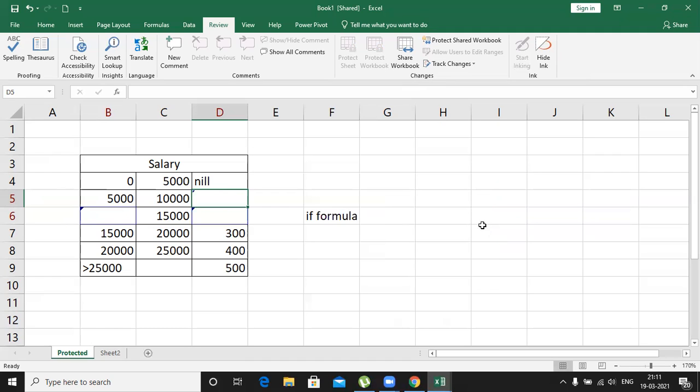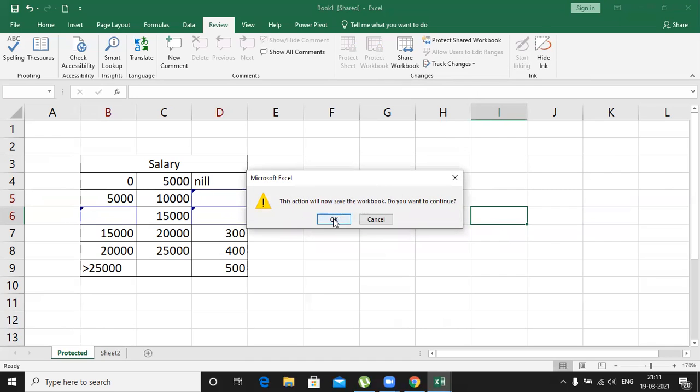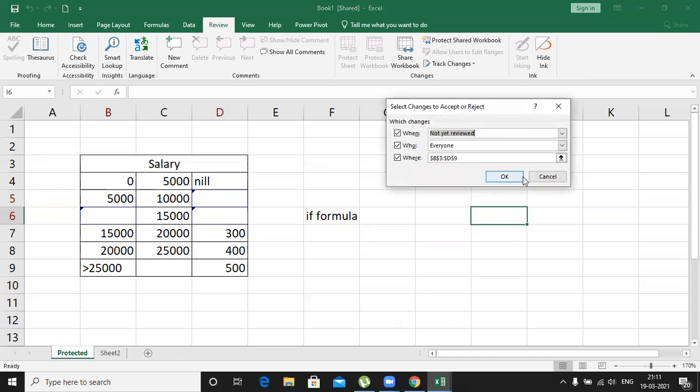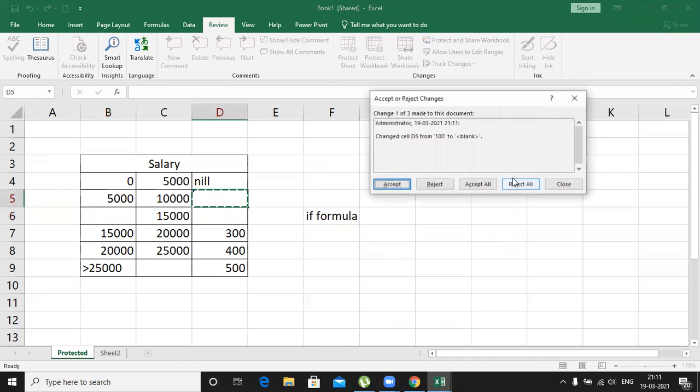Now, if somebody deleted or modified, would I like to accept the changes or reject the changes? I have to reject. So how can I reject? Click the changes, and here we have an option called accept or reject changes, and click OK. See this, reject all, or you can reject one by one.